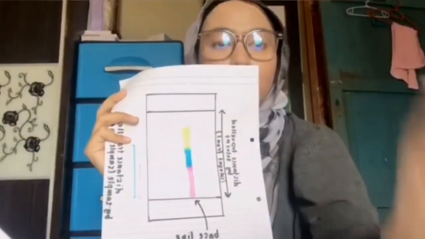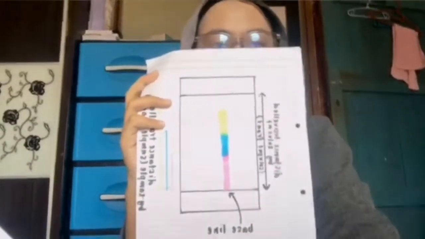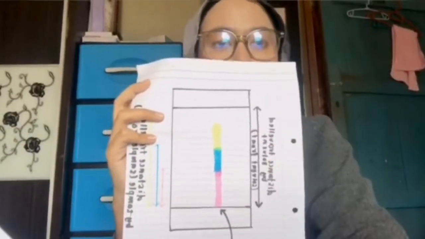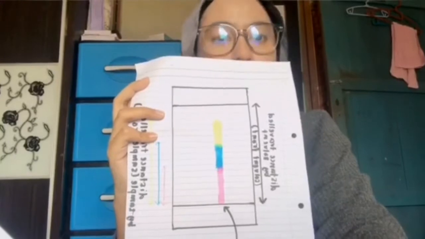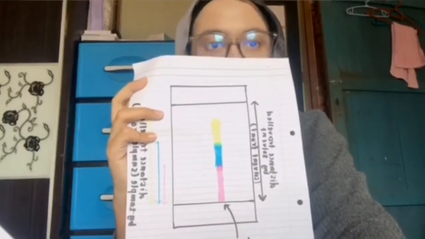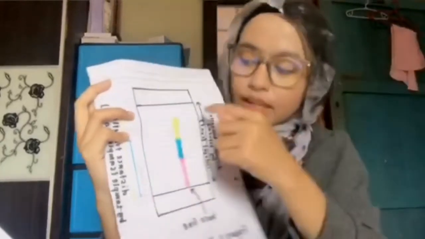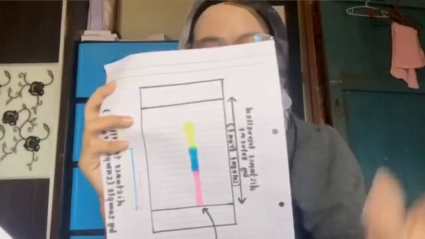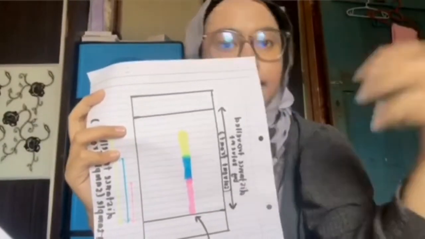Okay. When the solvent gets close to the top of the plate, the plate is removed from the beaker, and the position of the solvent is marked with another line before it has a chance to evaporate. Okay, here I already marked the line. These measurements are then taken. We want to calculate the RF value.